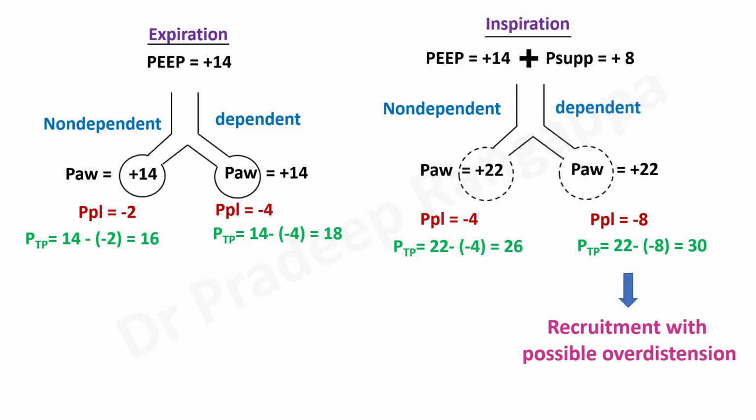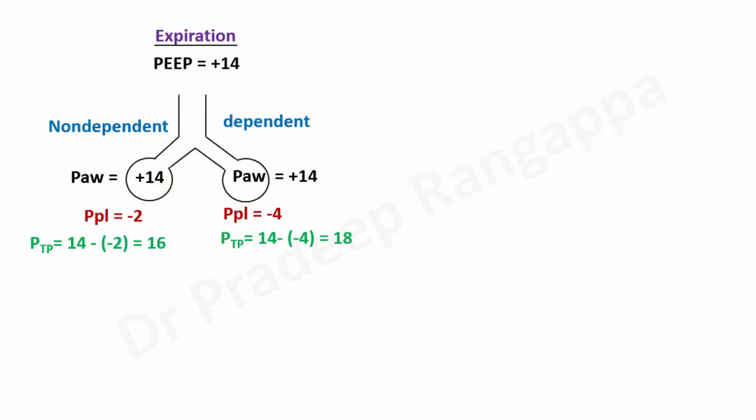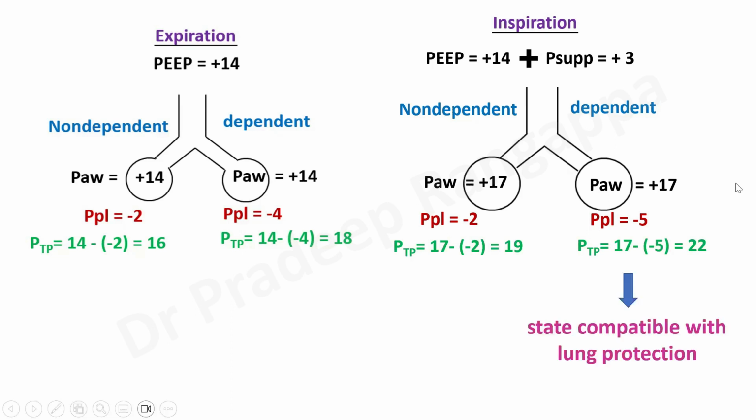So the only solution we have is how do we reduce this 30? Obviously, PEEP has been good because you see during expiration it has opened up alveoli nicely, but during inspiration the transpulmonary pressure has further increased because the only way we can optimize this is to reduce your inspiratory pressure or pressure support. So we want this, but we do not want that. So what we do now is we reduce the inspiratory pressure. So here you see pressure support is reduced to 3. And this is the ideal situation we want, where you have transpulmonary pressure of 19 and 22, which is compatible